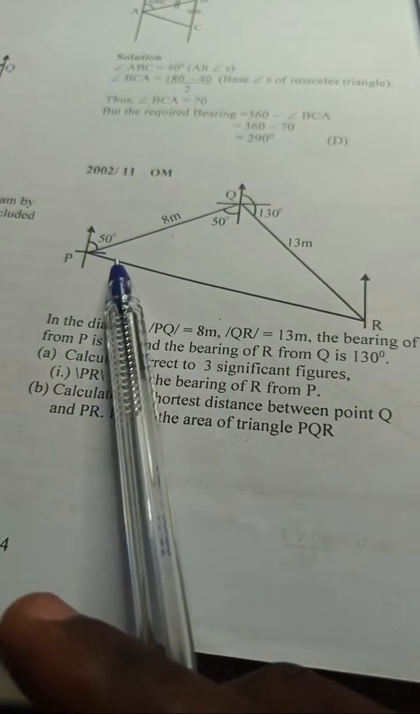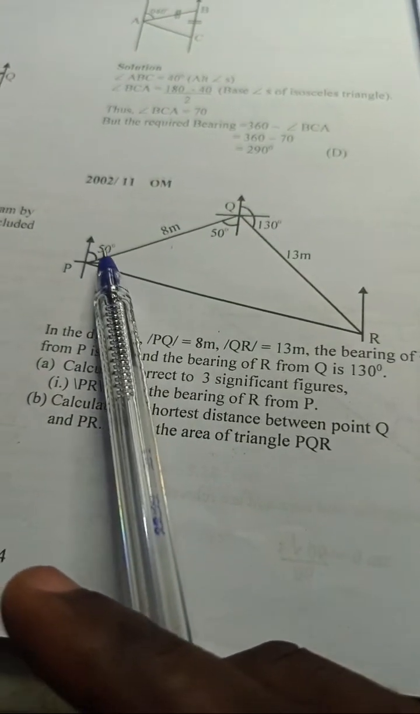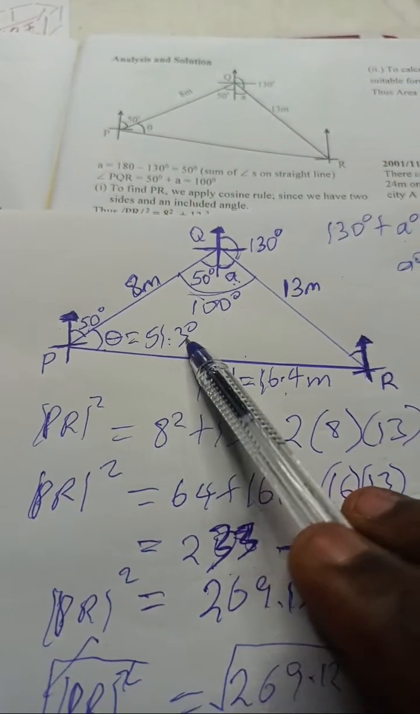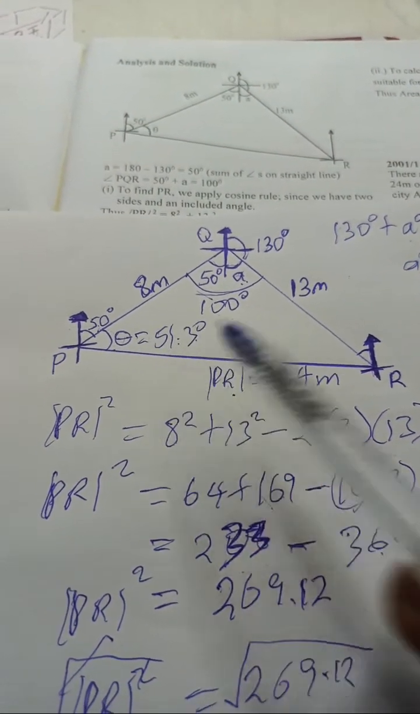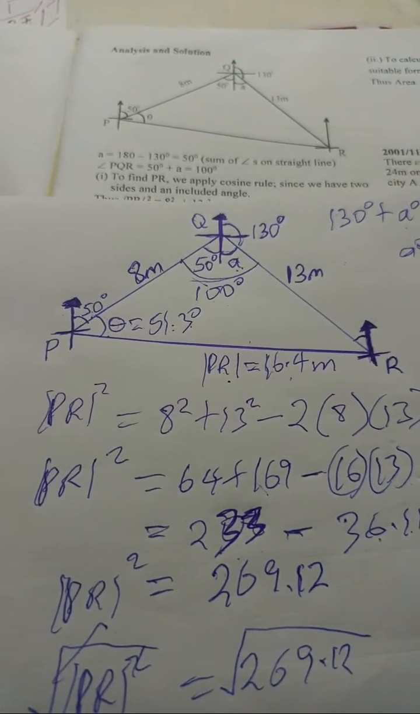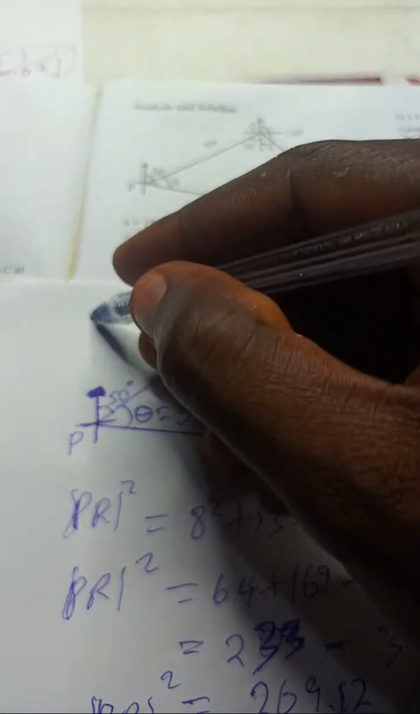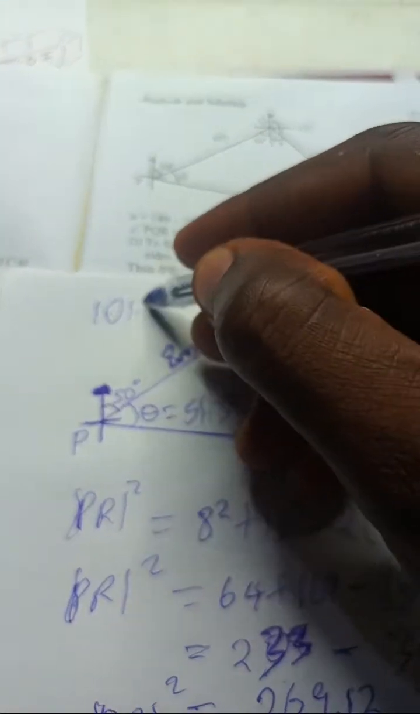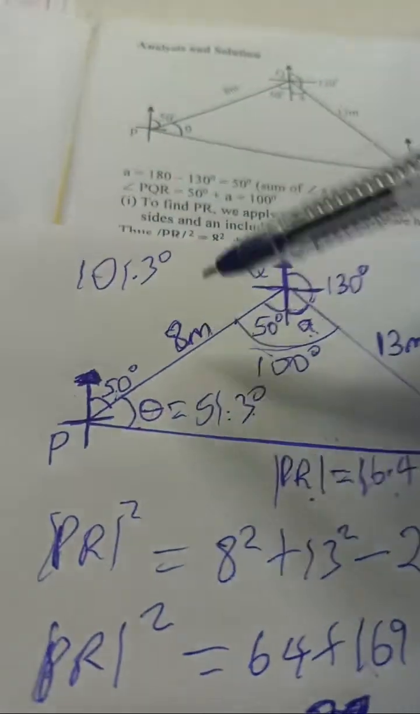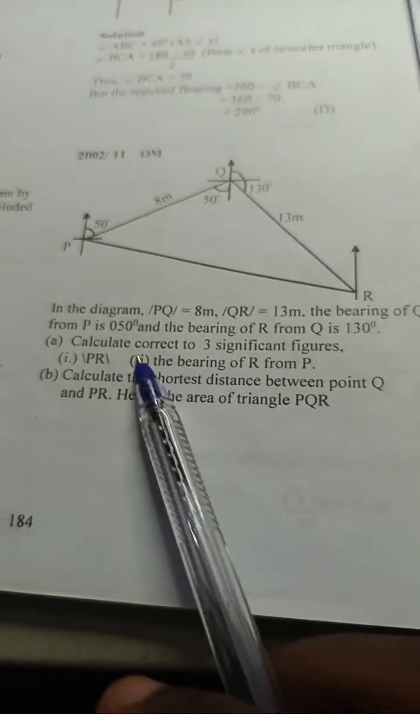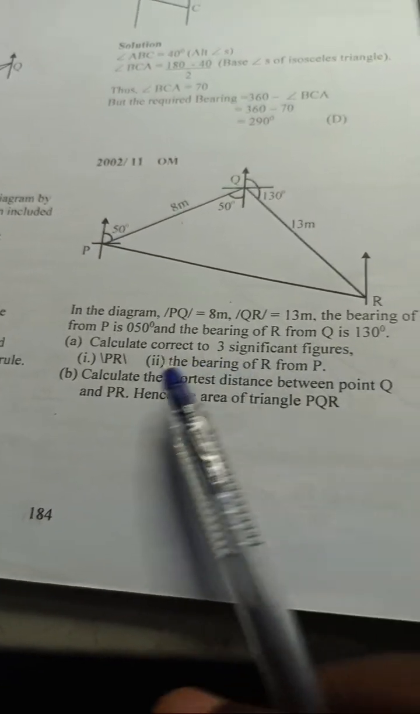From the question, we should find the bearing of R from P. So we need this place. It will be 50 plus what we get here, that is 50 plus 51.3, and that will give us 101.3. So that's the bearing. From here to here will be 101.3 degrees, because we have to add this to this, and that is our bearing. Let's look at it this way, the bearing of R from P. After that we are told,